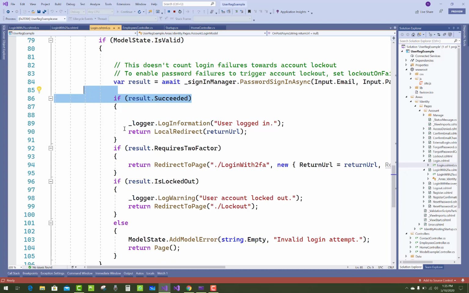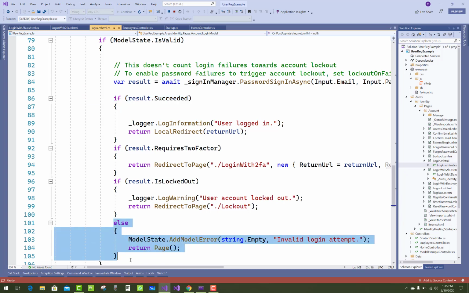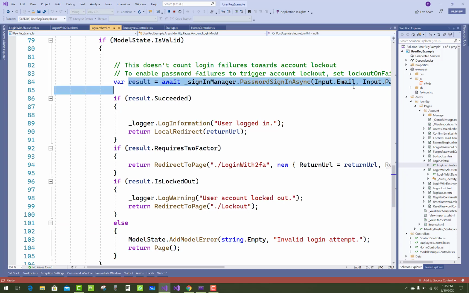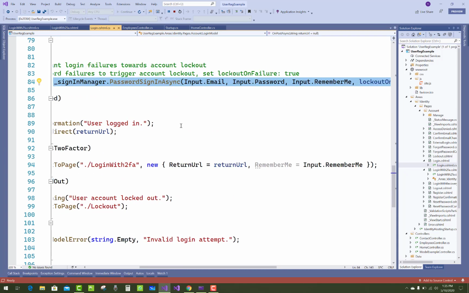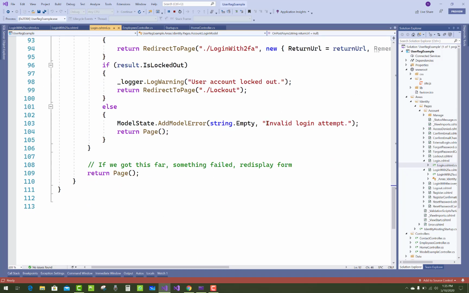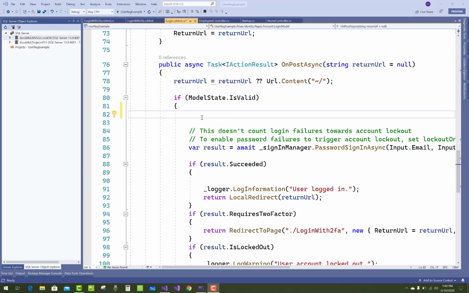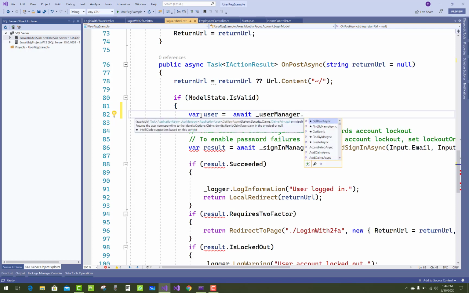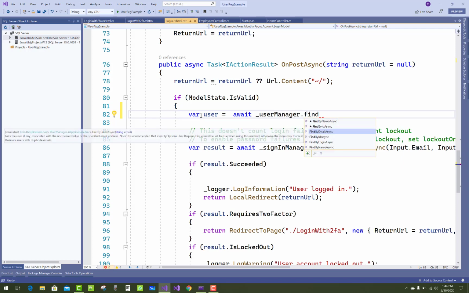I mean to say that if result.Succeeded is false, and result.RequiresTwoFactor and result.IsLockedOut are false, then ModelState.AddModelError(string.Empty, "Invalid login attempt") and return Page. And if you want to set that as desired, that is used in your Identity; the default is by Microsoft. That error message is actually generated by the Microsoft team, because if you set that type of error, which is